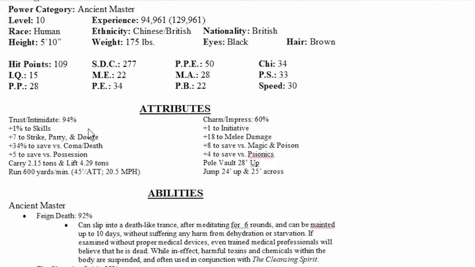You got Trust Intimidate for 94%, Charm Impress 60%. He's got his pluses from his attribute bonuses. He's definitely a lot stronger than he is in the Marvel Universe. With a 34 PS, he can carry 2.15 tons and lift 4.29 tons, which is way more than he can